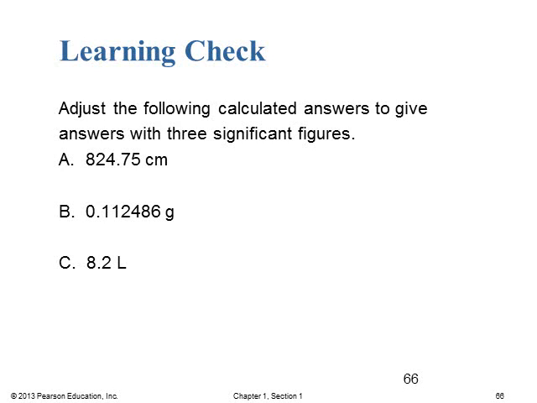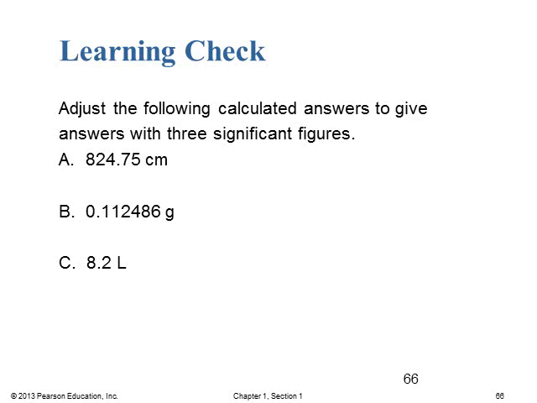All right, in part B, we have 0.112486 grams. So we're going to keep 3 significant figures, so the 112 place is going to be kept. All right, the first one that's going to be chopped off is that 4. All right, and so that 4 is less than 5, and so then the remaining numbers are going to be left alone. So it's just going to be reported as 0.112.